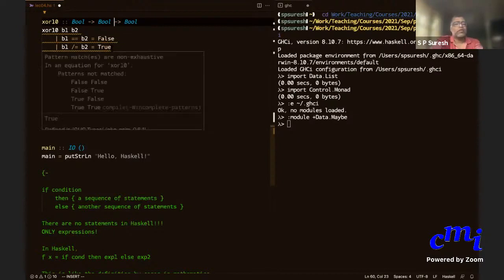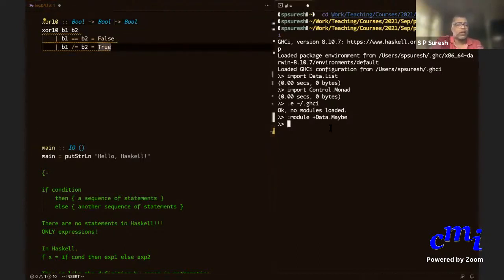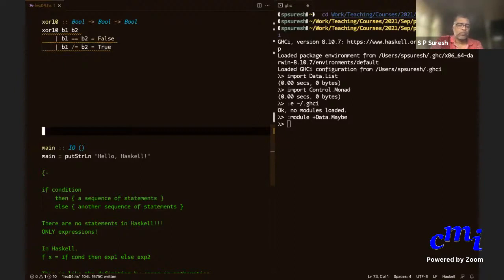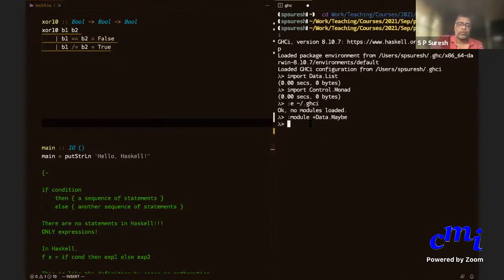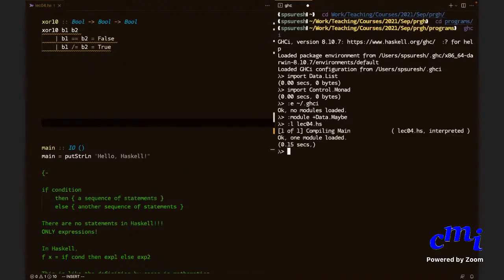So I can actually load this and ask about XOR.